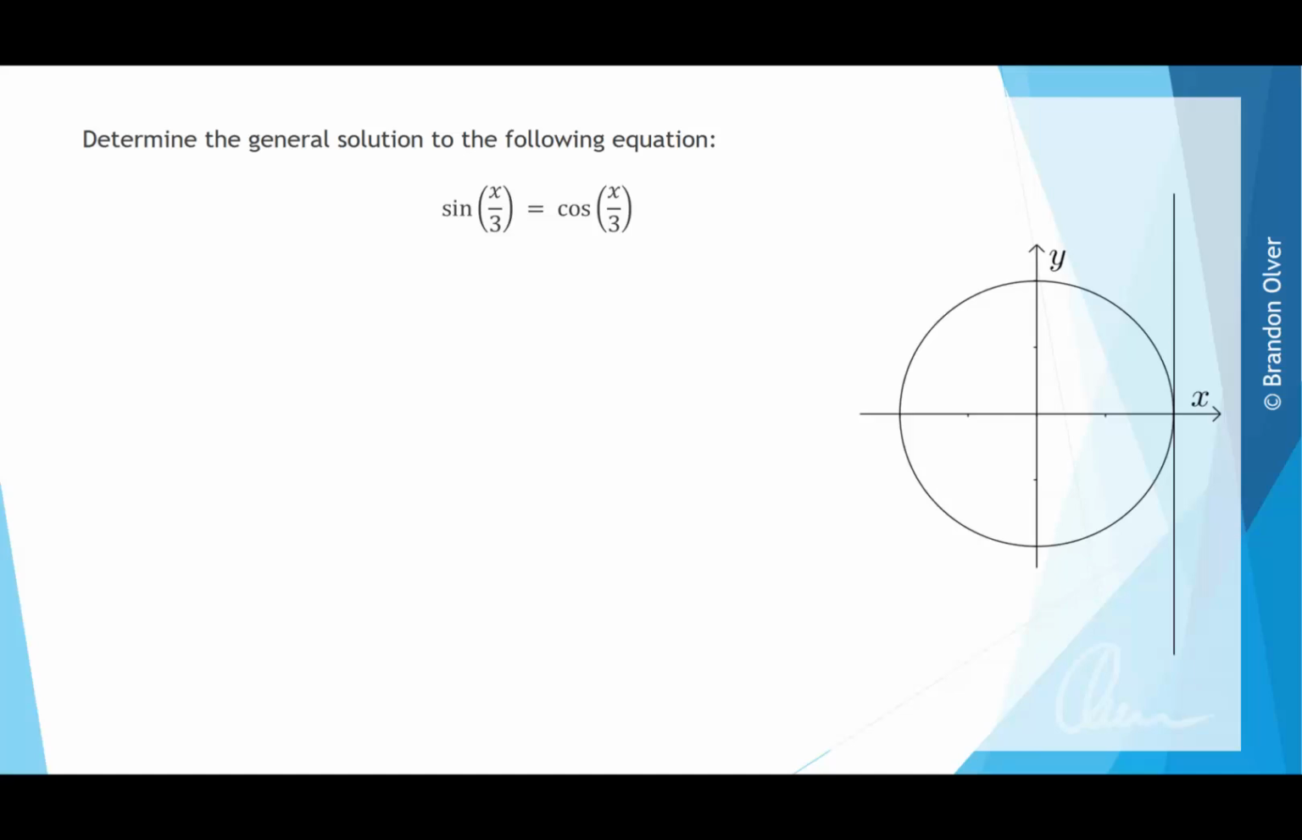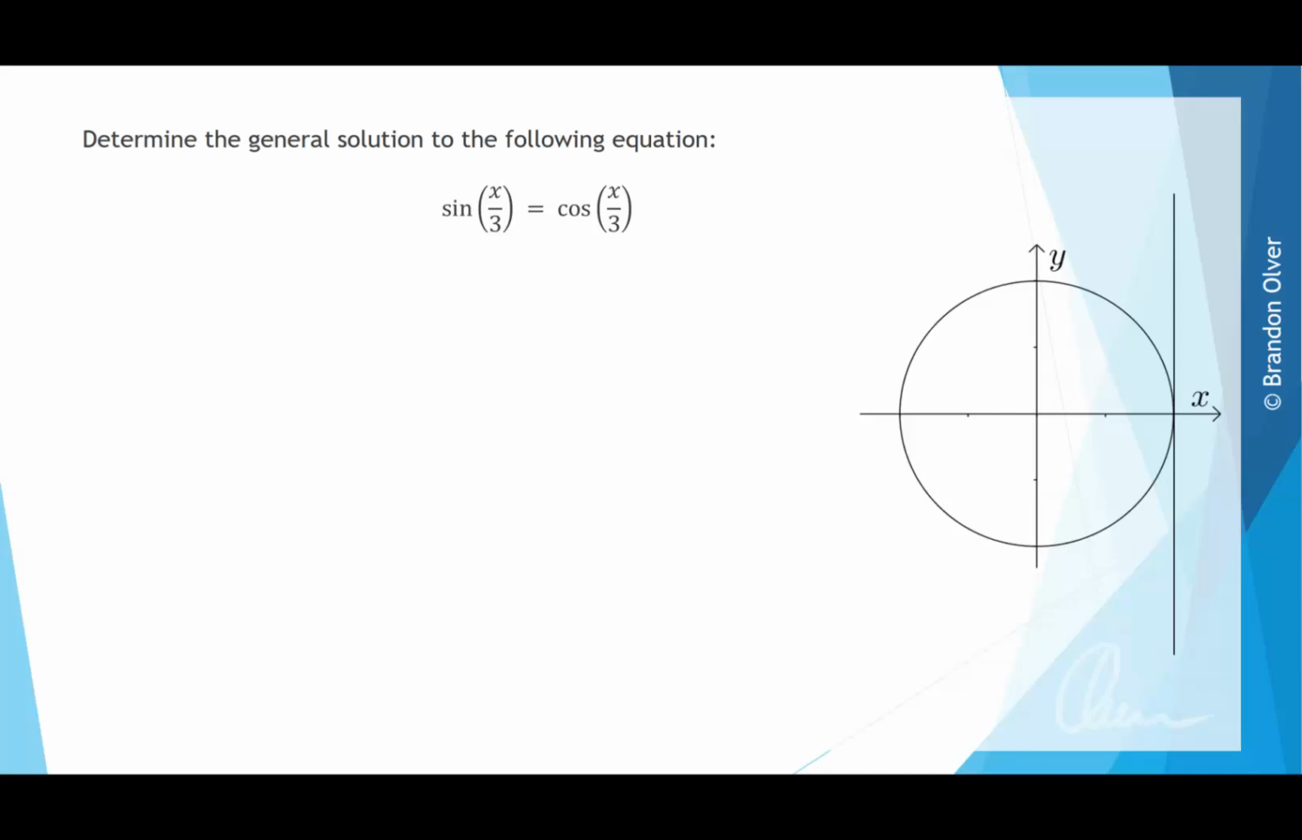Determine the general solution to the following equation. Sine of x divided by 3 is equal to cos of x divided by 3. Now, as this equation stands, there's two trigonometric functions present, sine and cosine. And whenever we attempt to solve these by hand, we need to get it to the stage where there's only